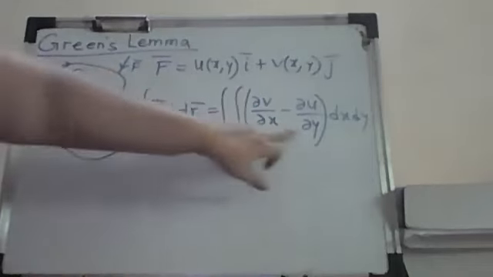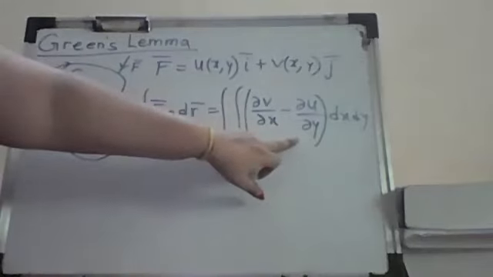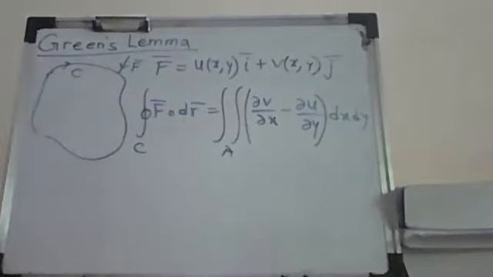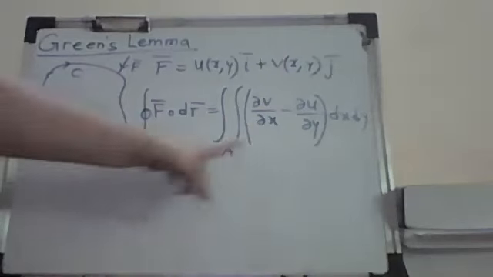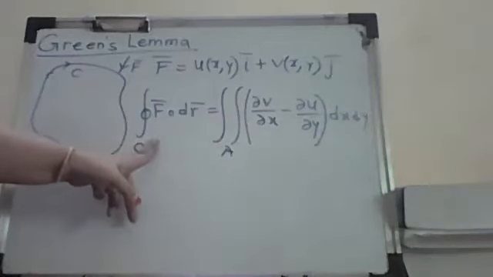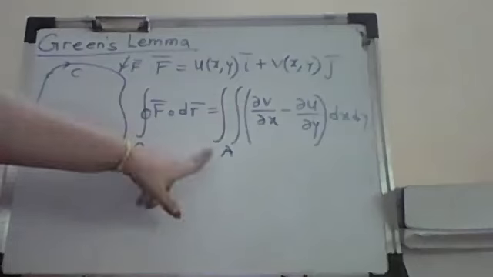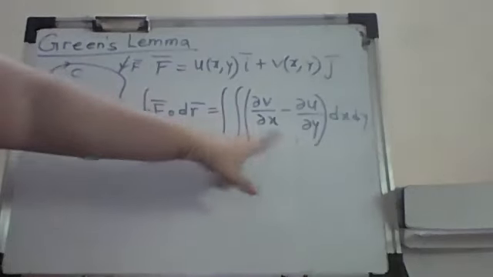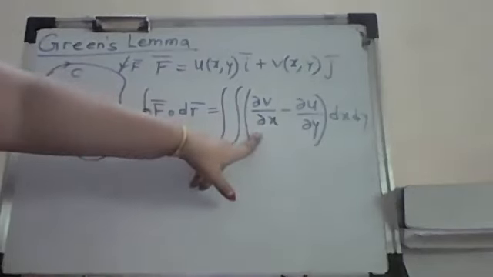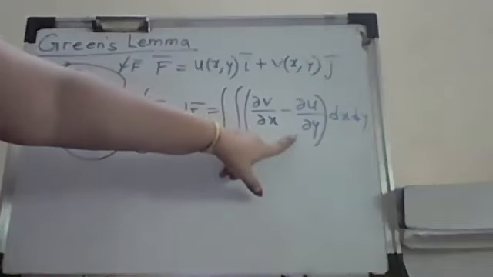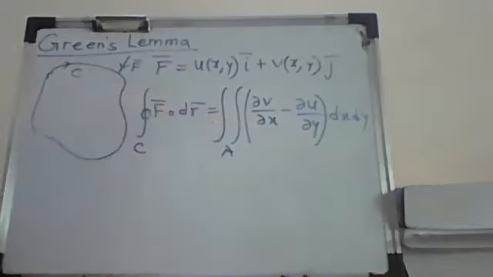Their first partial order derivatives must exist and must be continuous. So the existence of all these things is always there in the given surface. So we take an example based on this. Please take down this particular part: the line integral of f bar dot dr bar is the double integration of v_x minus u_y, where v_x means ∂v/∂x and u_y means ∂u/∂y.